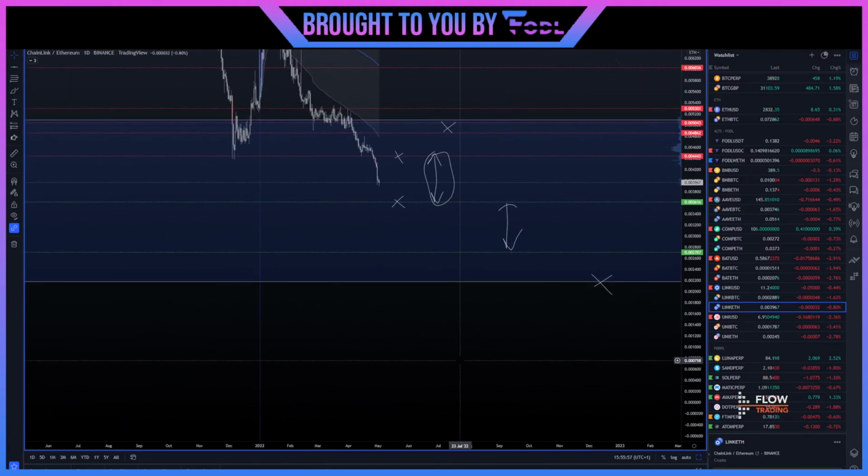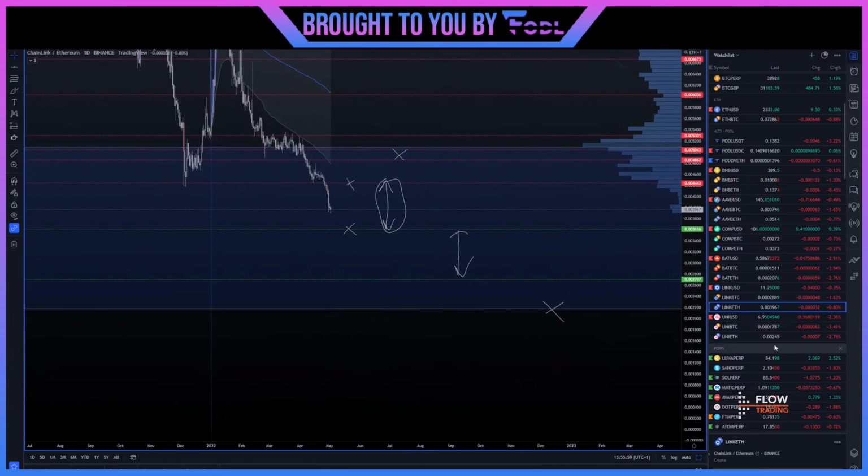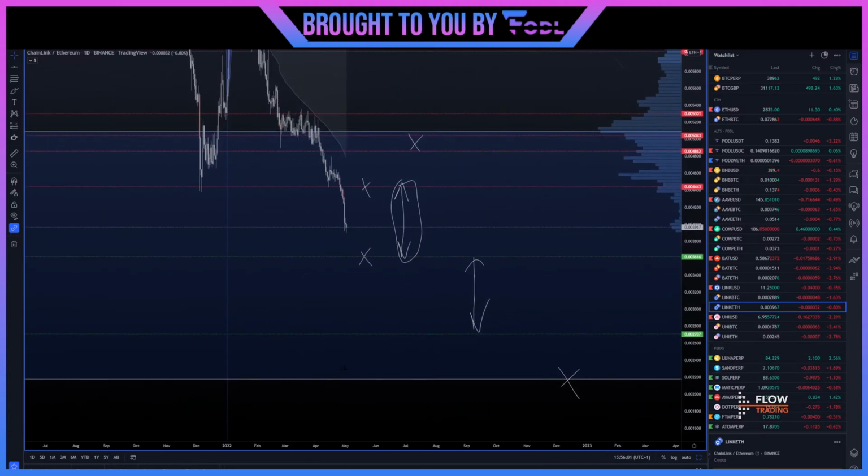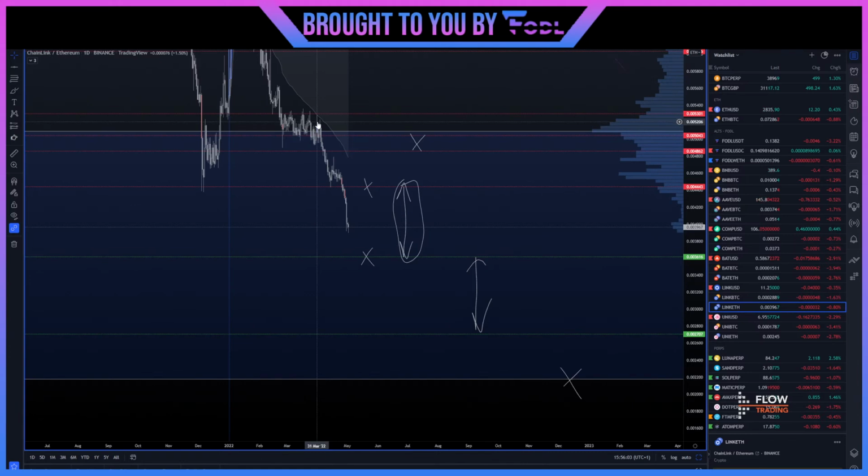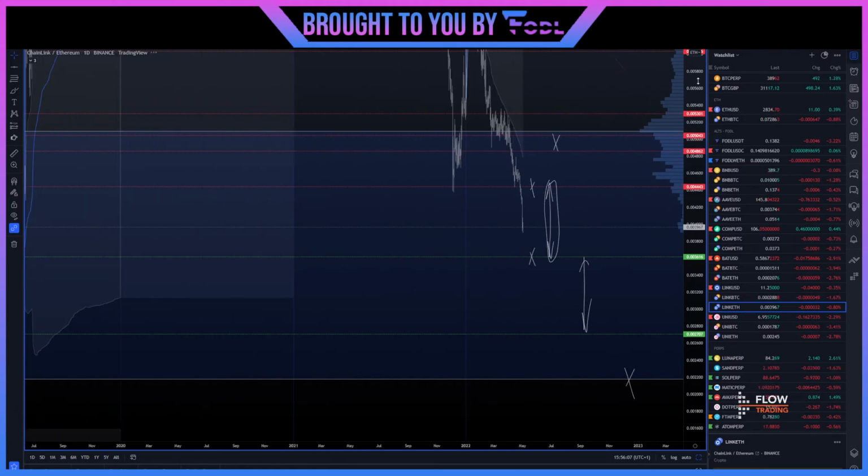Again, if you guys have been in this trade for quite some time, this is the trade of the century, right? I did say we were hovering at support, eventually it's going to break. It did break it, okay? And I did say as well that once we enter a range,